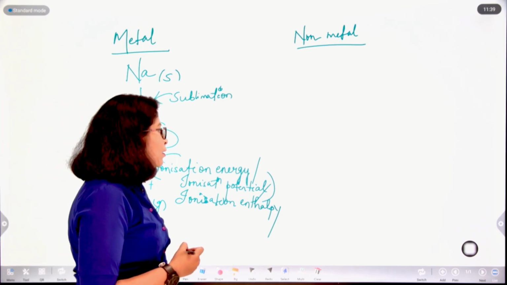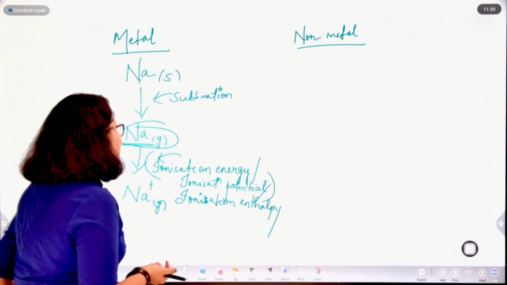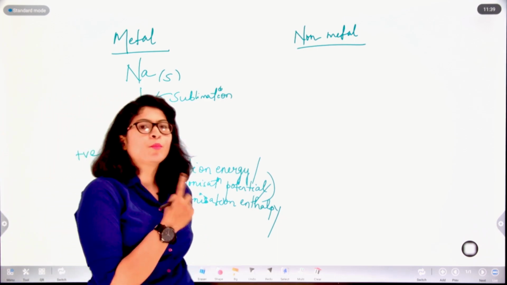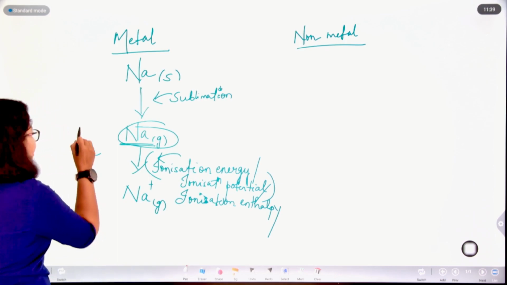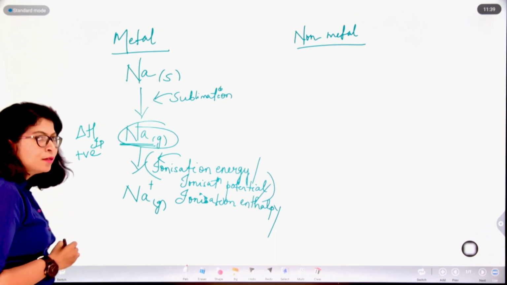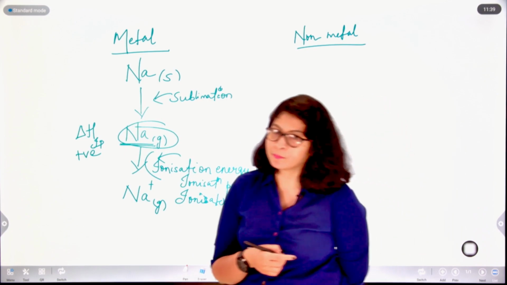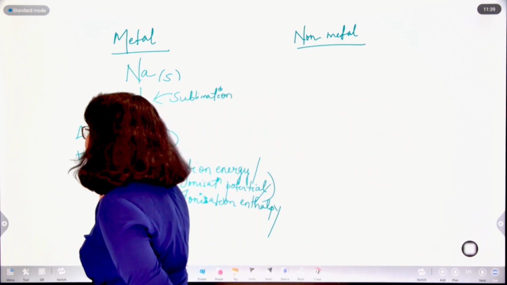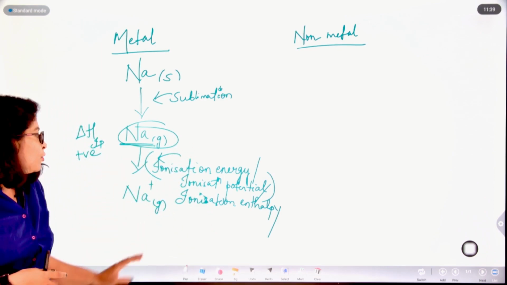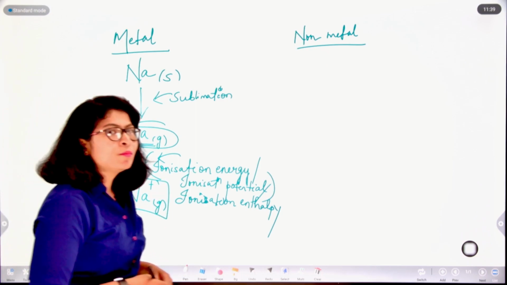And always remember, whenever we need to input energy, whenever energy is given, then it is positive. The energy that is given is represented with a positive sign, and normally energy is represented as del H. Here ionization potential, so del H IP, is positive because energy has always to be supplied to the metal in order to lose that electron. So Na gaseous requires that ionization potential to lose one electron and form Na plus gas.